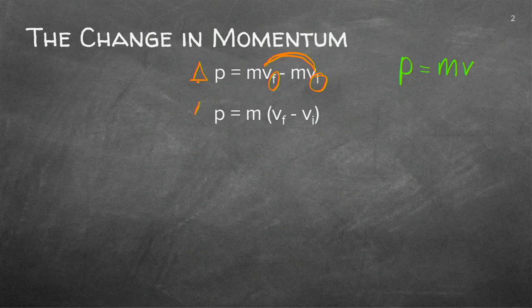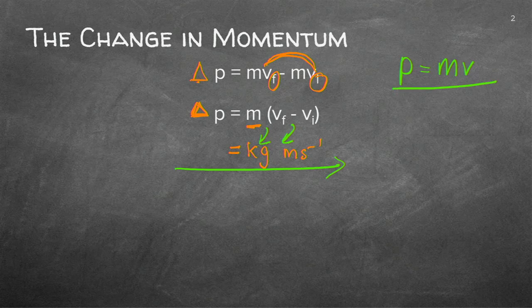Remember the delta P, which is the change in momentum, of the same mass can be written in this format. Please remind yourself that the unit of momentum is still kilogram meter per second. Do not change the equation or the units if you don't know what you're doing. Have a look, the change in momentum will be the same unit as just momentum of one mass and one velocity.